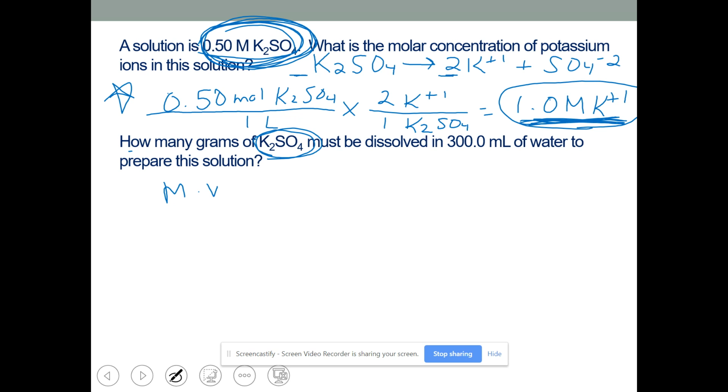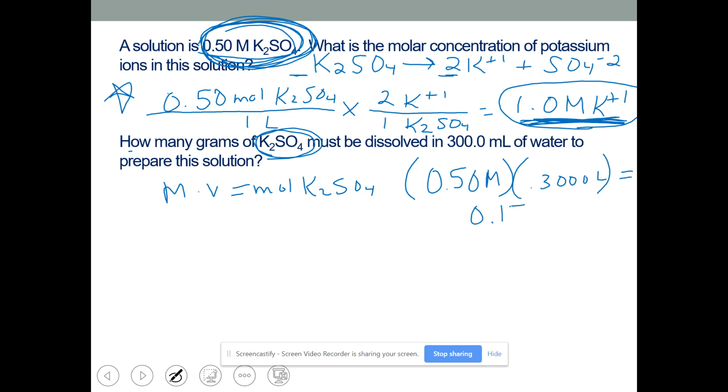Remember earlier we used our algebra to get the moles of K2SO4. We would use the molarity times the volume. So 0.50 times the 0.3000 liters. And I'm going to get here that I need 0.15 moles. And I'm going to encourage you, start labeling what this is. This is the concentration of K2SO4. So this is moles of K2SO4. From there, it's pretty simple, just convert the moles to grams,